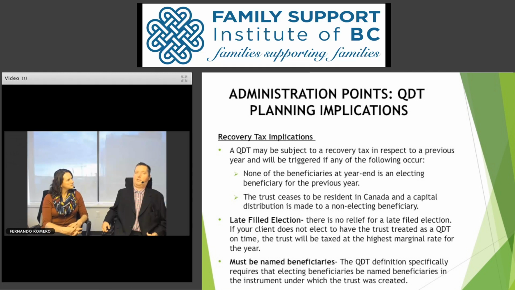And so typically it's a trust where there's the greatest potential for earnings and where that marginal rate of tax will benefit. So it's important to recognize that you're limited to one QDT. And that is the person with the disability is limited to one QDT, not the person who's setting it up. So if it's a parent who has two children, both with disabilities, yes, they can set up two separately, one for each of them. Absolutely, absolutely.